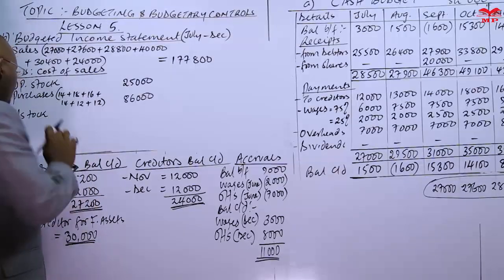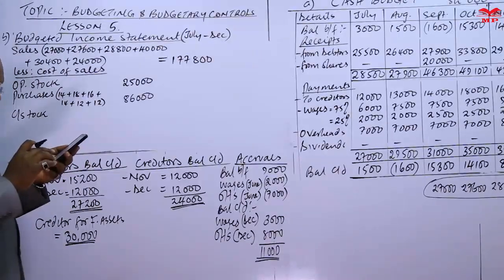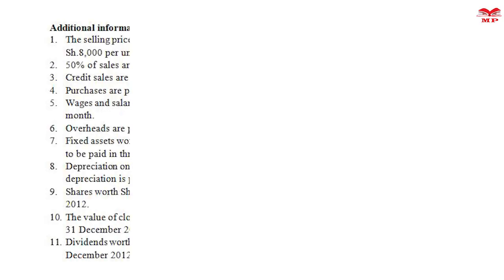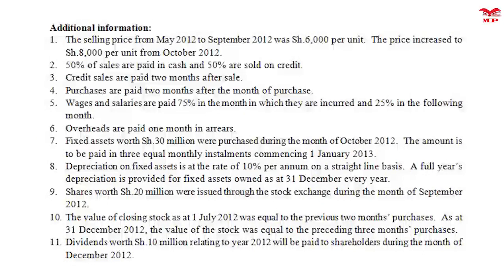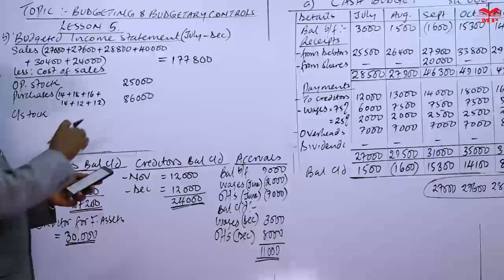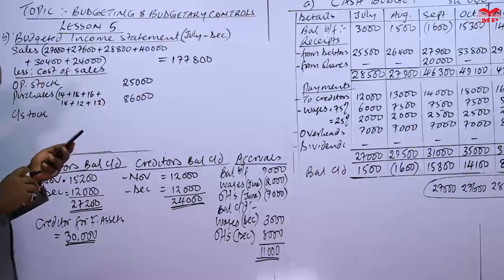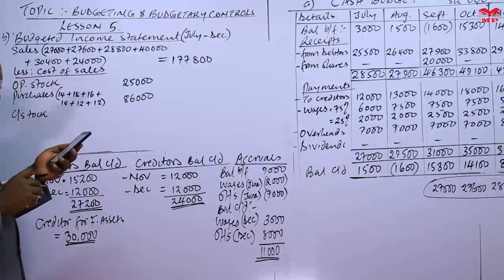So closing stock, you're told in note number 10 that the value of closing stock as at 1st of July 2011 was equal to the previous 2 months purchases, which of course it was May and June. And May and June is 12 and 13, which is 25, which is okay. Then you're told that as at that 1st of December 2012, the value of stock was equal to the preceding